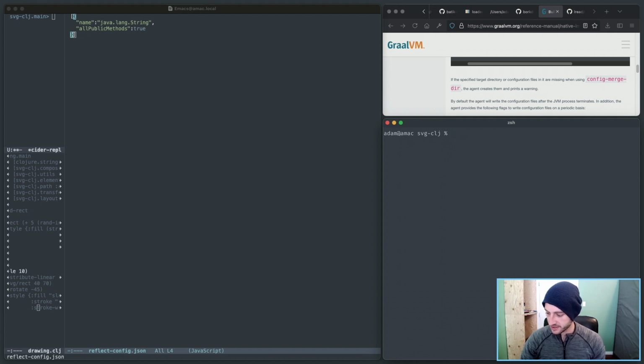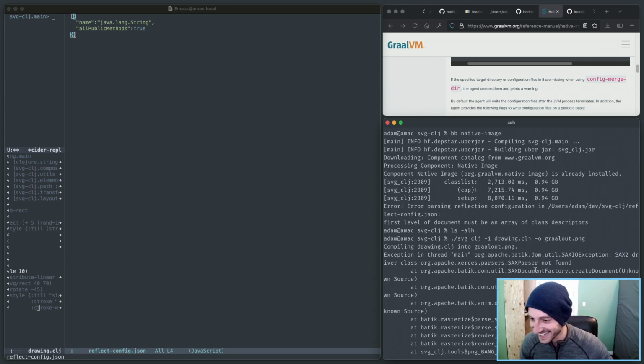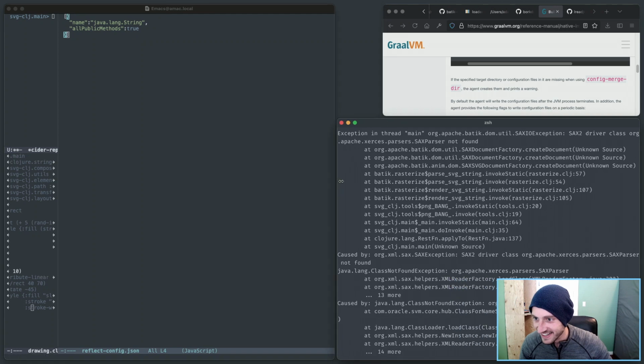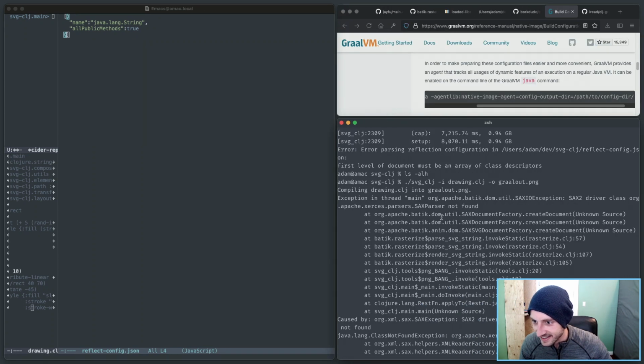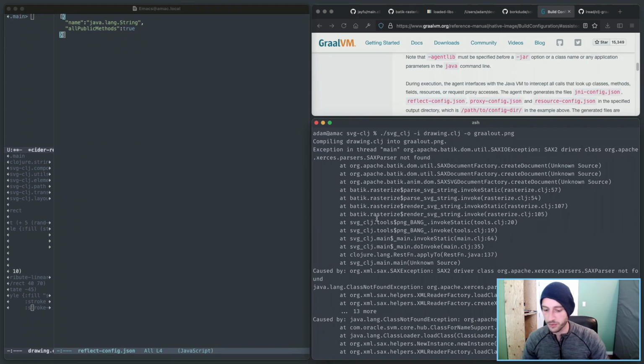Right, let's run it. Let's do /svg. Let's input drawing, and let's output. What did I call it? I called it graal-out. No, it didn't work. All right, let's see here. SAX2 SAXParser class not found. I'm guessing this is more reflection things. This is an XML